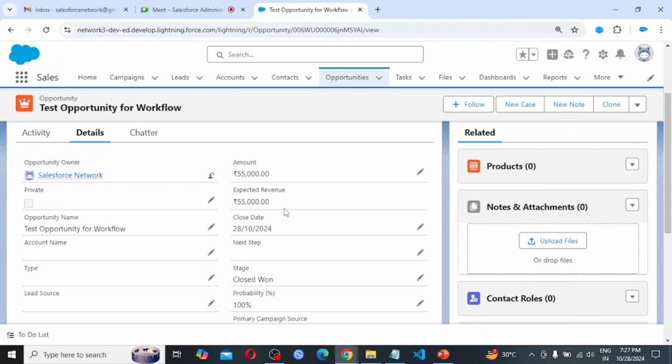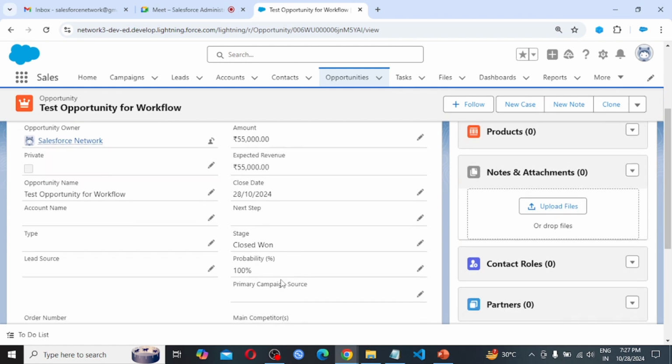Close date is today's date and stage is closed one. So in the criteria we had defined two things: stage must be closed one and amount must be greater than $50K. And close date is today's date.